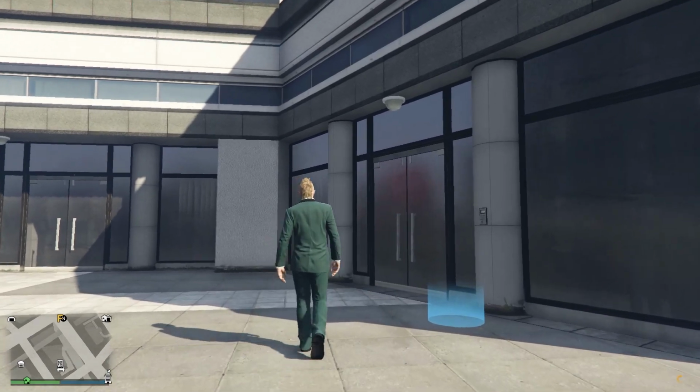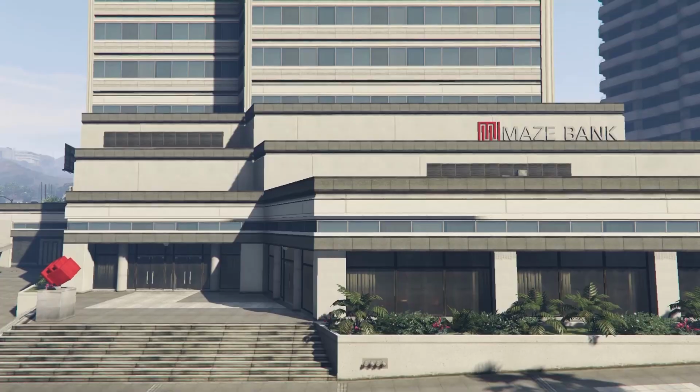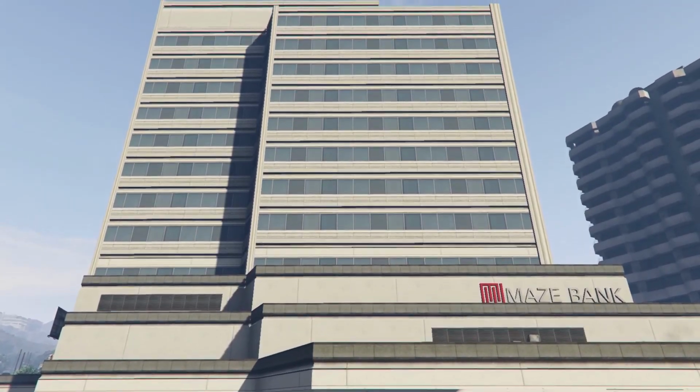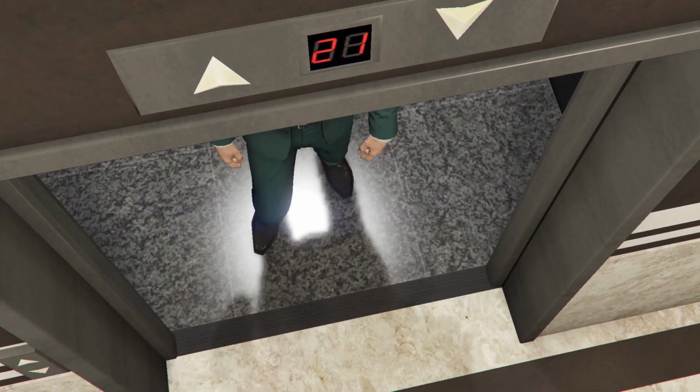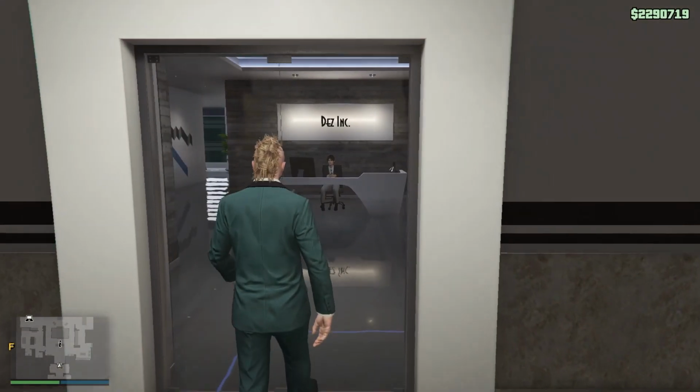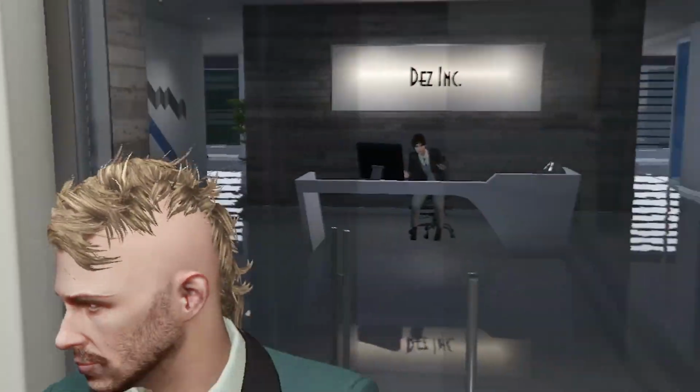First of all, let's go ahead and see what's up with our CEO office. Now, not as much has been changed with the office itself as with the other businesses, but it does seem that Rockstar has made an attempt to raise the usefulness of our so-called assistant here. If we just go ahead and go talk to her...